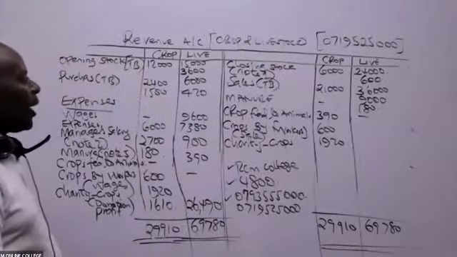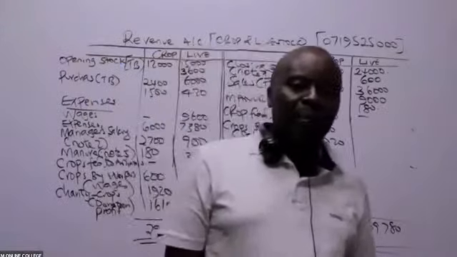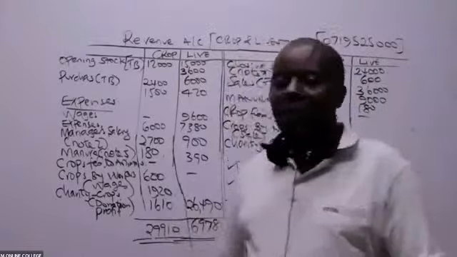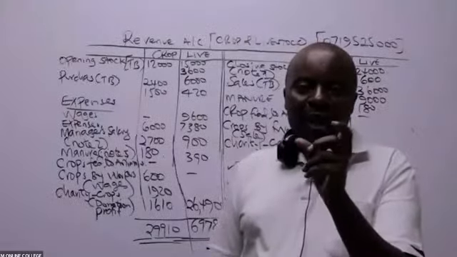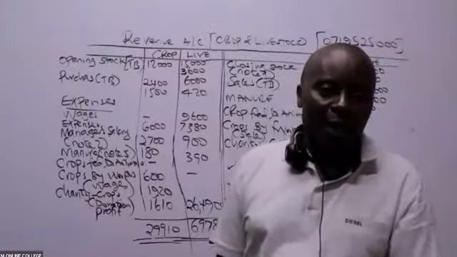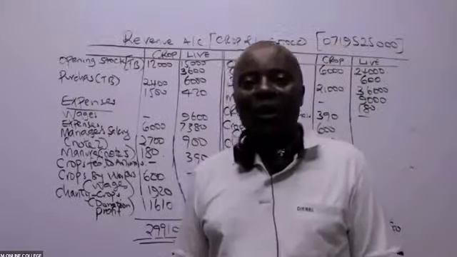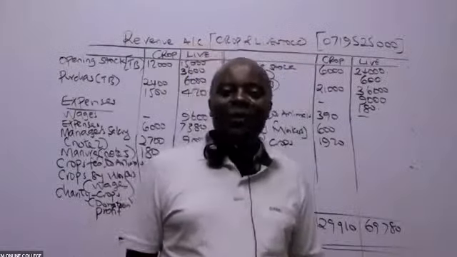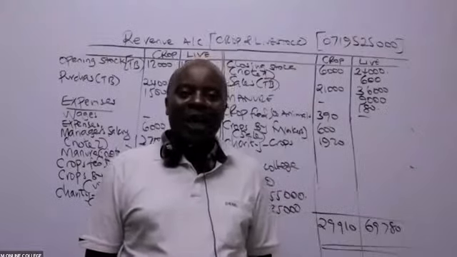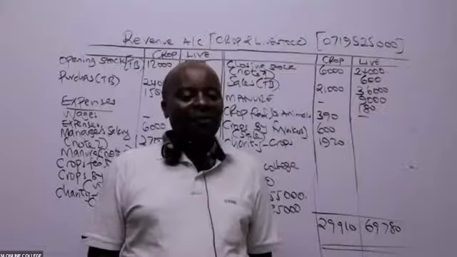Otherwise, ladies and gentlemen, when I come now to my next class, for which I'll give you the timetable on WhatsApp, you'll see that when I go to the general income statement, these two figures here will be my total revenue from my farms. And then I deduct all the other common expenses, what in management accounting you call overheads. But given that today was our debut class, I would want to end there. It is my sincere hope that you have been able to enjoy our introduction to FR, our introduction to IAS 41, accounting for agricultural activities.